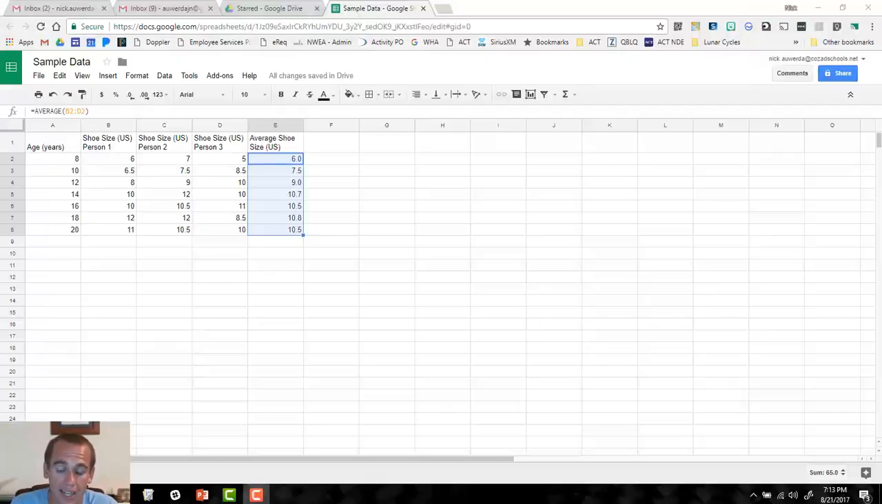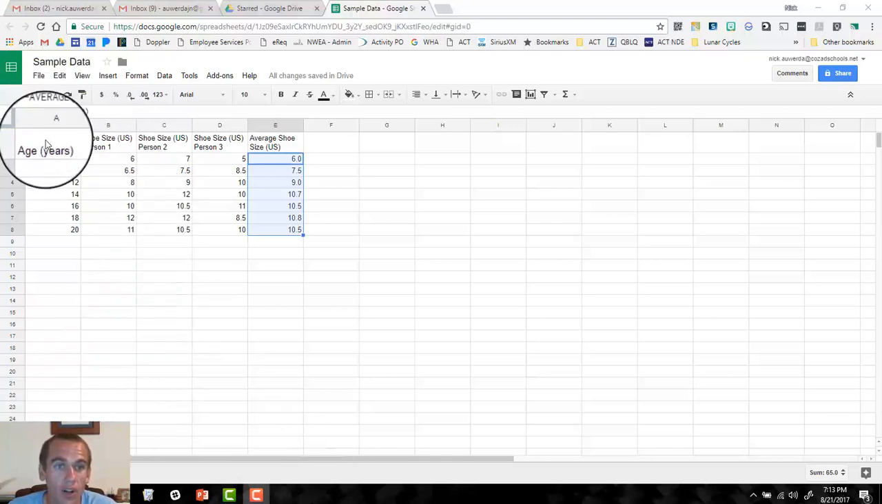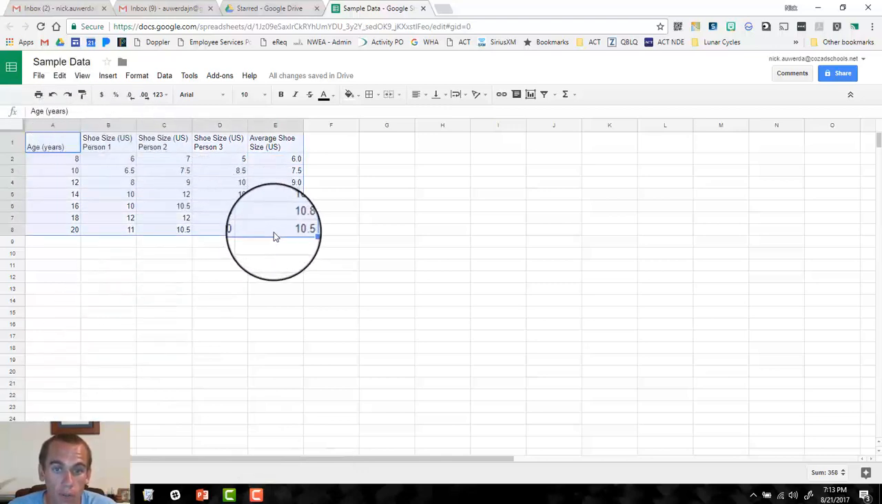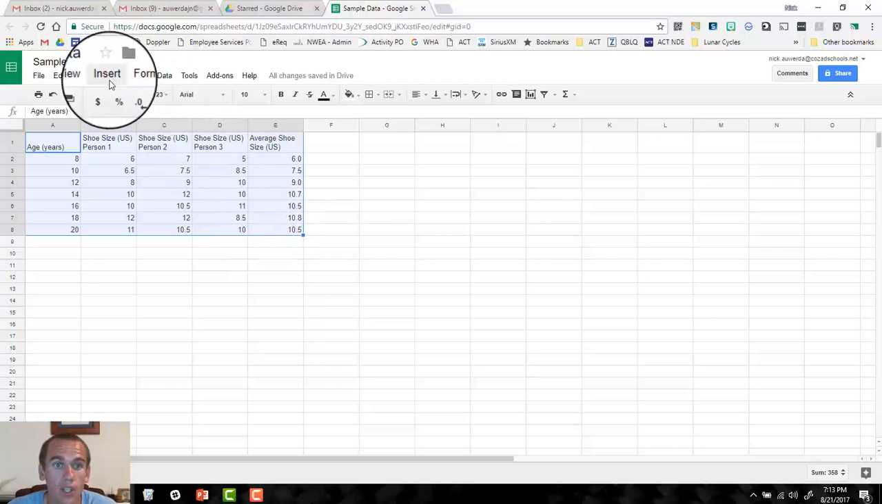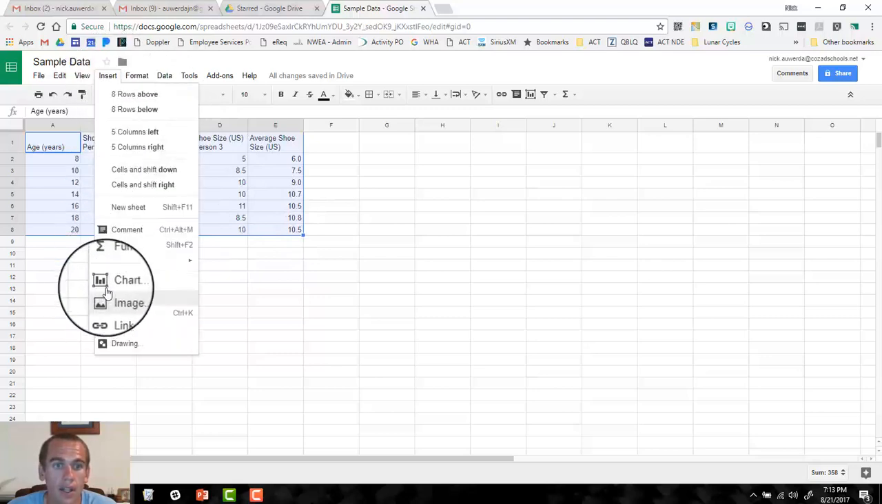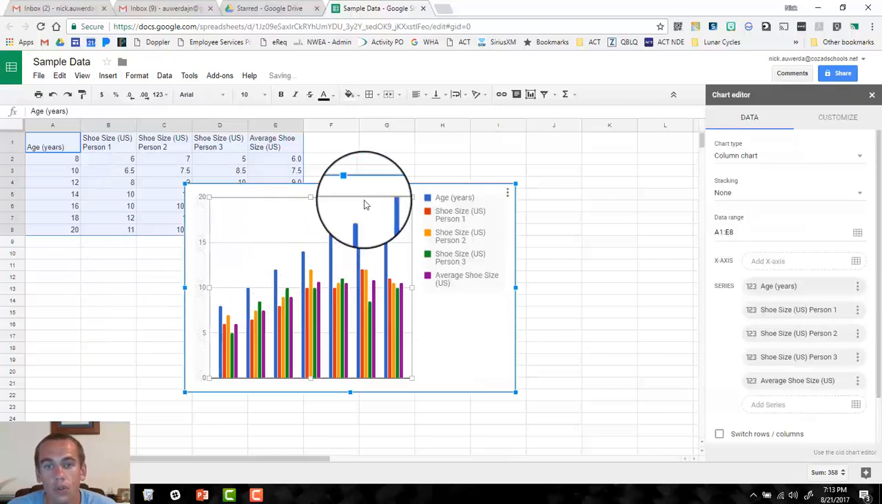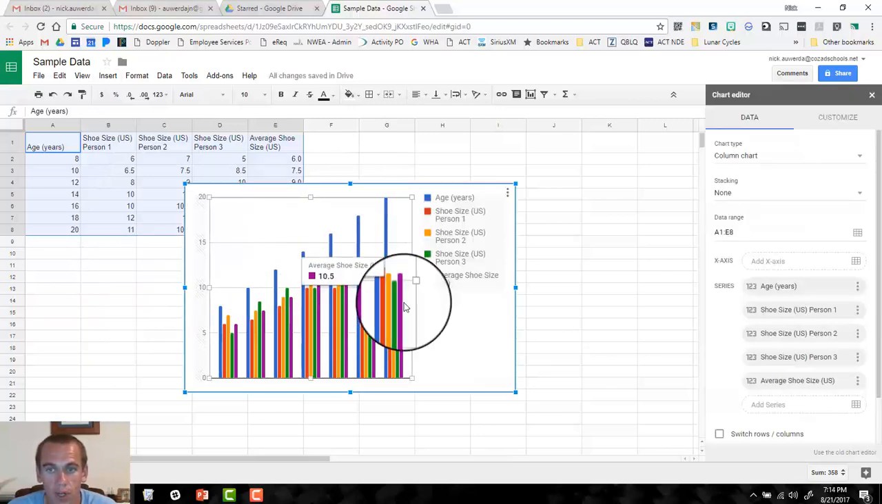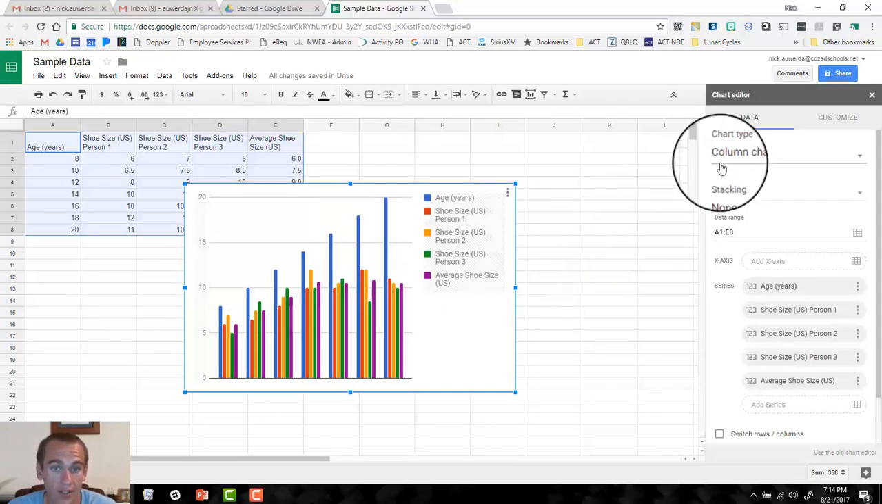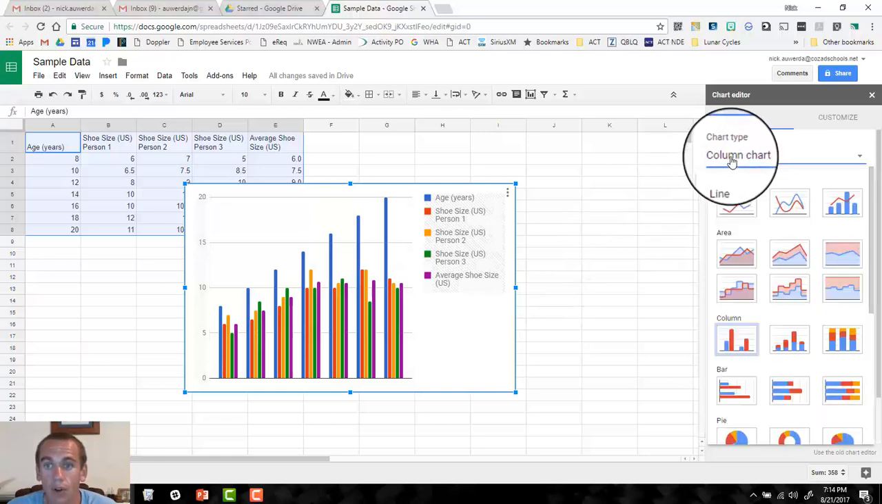So here's that data that I had, and I'm back in Sheets, and now I'm going to select all of the data that I want to chart or graph from. And I'm going to go Insert, and then I'm going to say Chart. Now, Google automatically picked this goofy bar chart, column chart, that I don't want, doesn't mean anything to me. I want